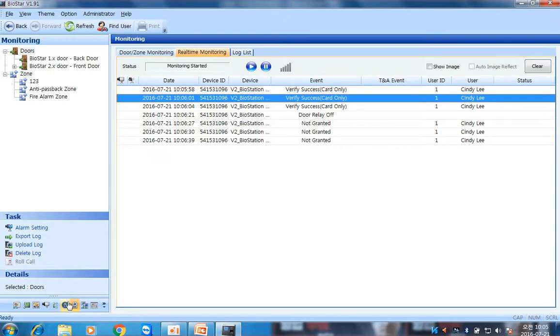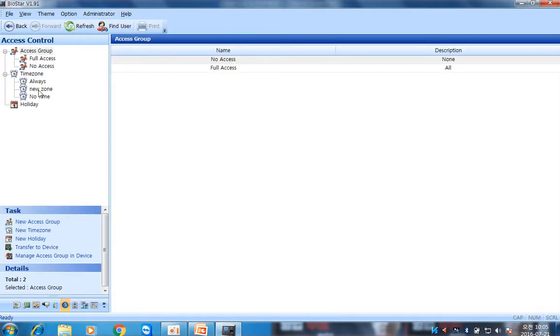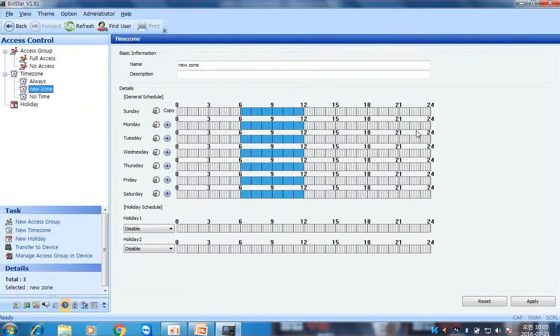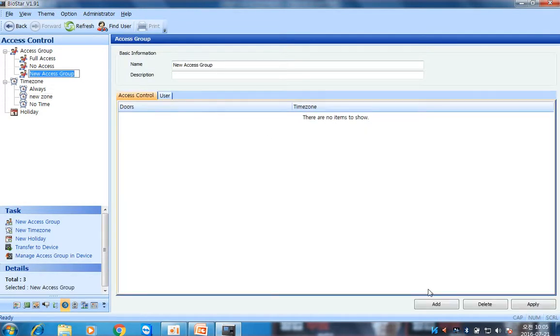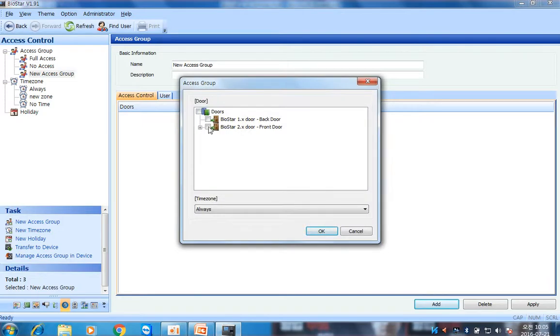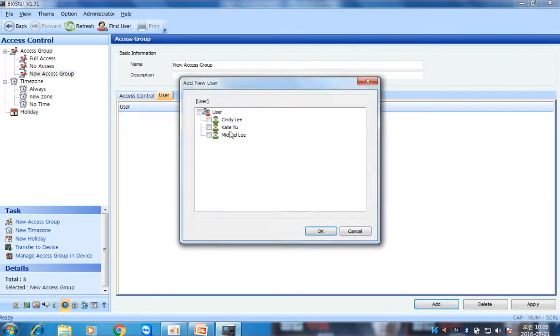What I should do is create an access group. So I have this new zone here, and a new access group. I assign myself.